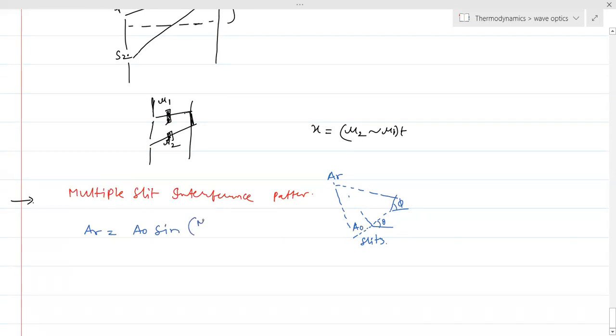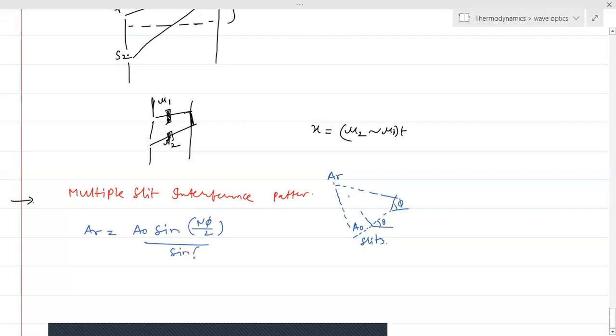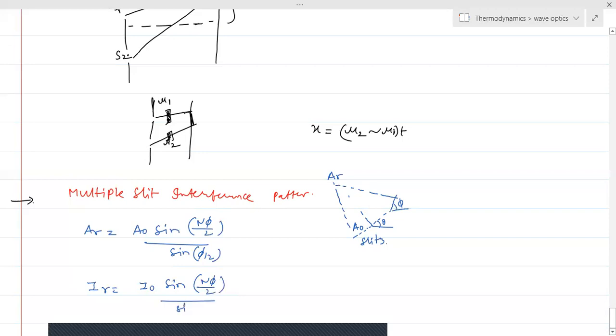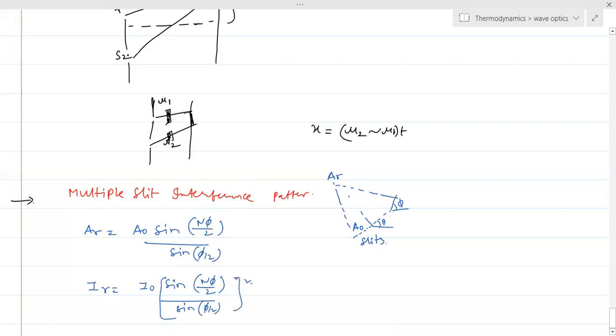So we have an expression: A R equal to A naught into sine n phi by 2 by sine phi by 2. Similarly, we get the resultant intensity I naught into (sine n phi by 2 by sine phi by 2) whole square. So all this is about YDSE. In another session we will think of diffraction as well as